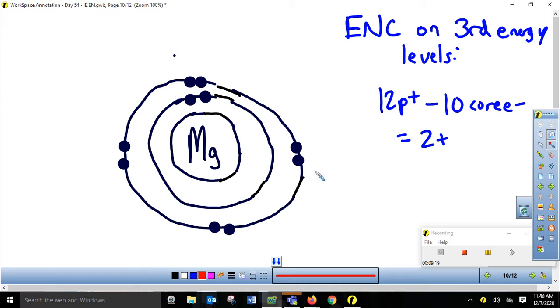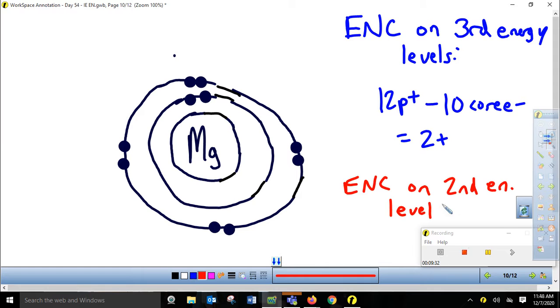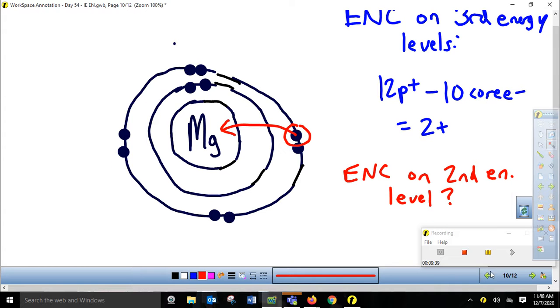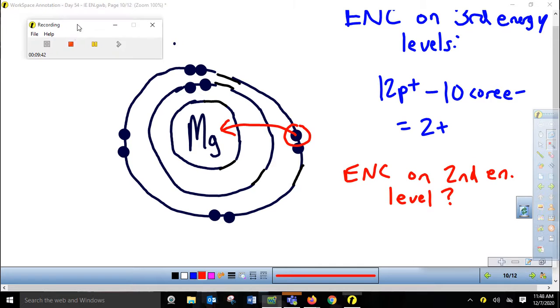So now here's the deal. ENC on the third is +2. So what is the ENC, the effective nuclear charge, on the second energy level? So let's look at this. Now if we want to take a third electron from magnesium, we got to steal from the second energy level. Oh my goodness, that is like mission impossible. Why? Well, let's look at the